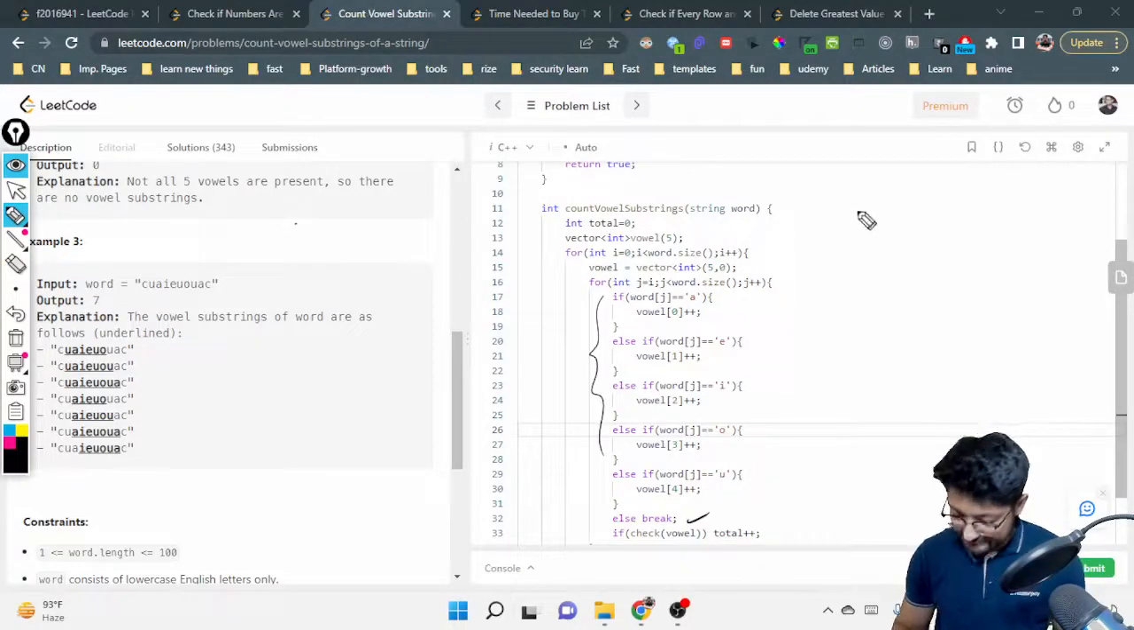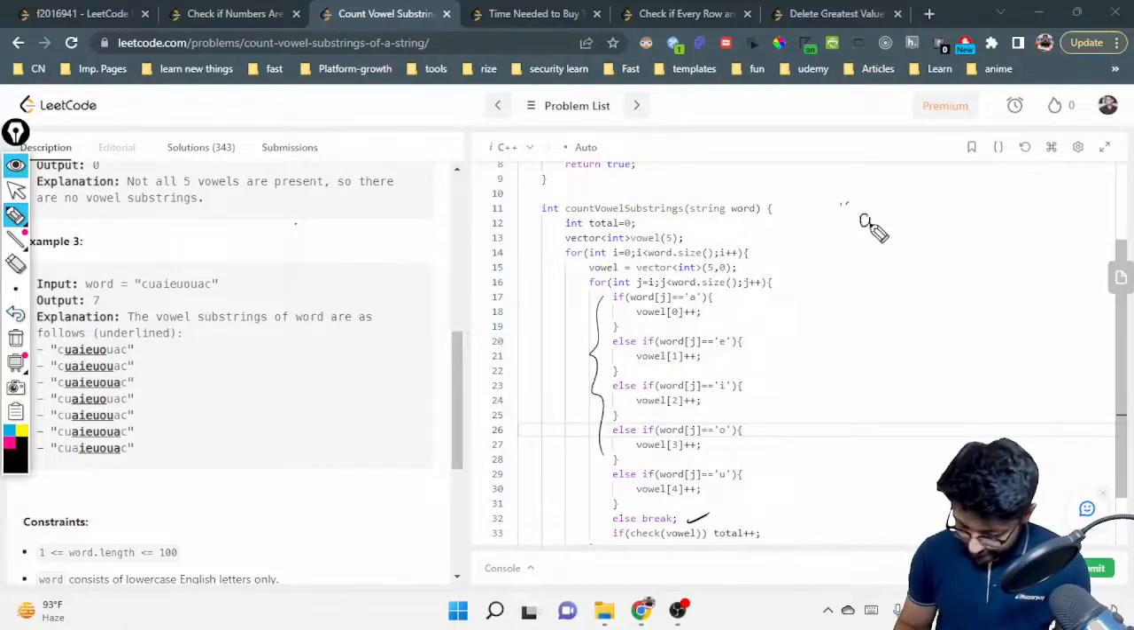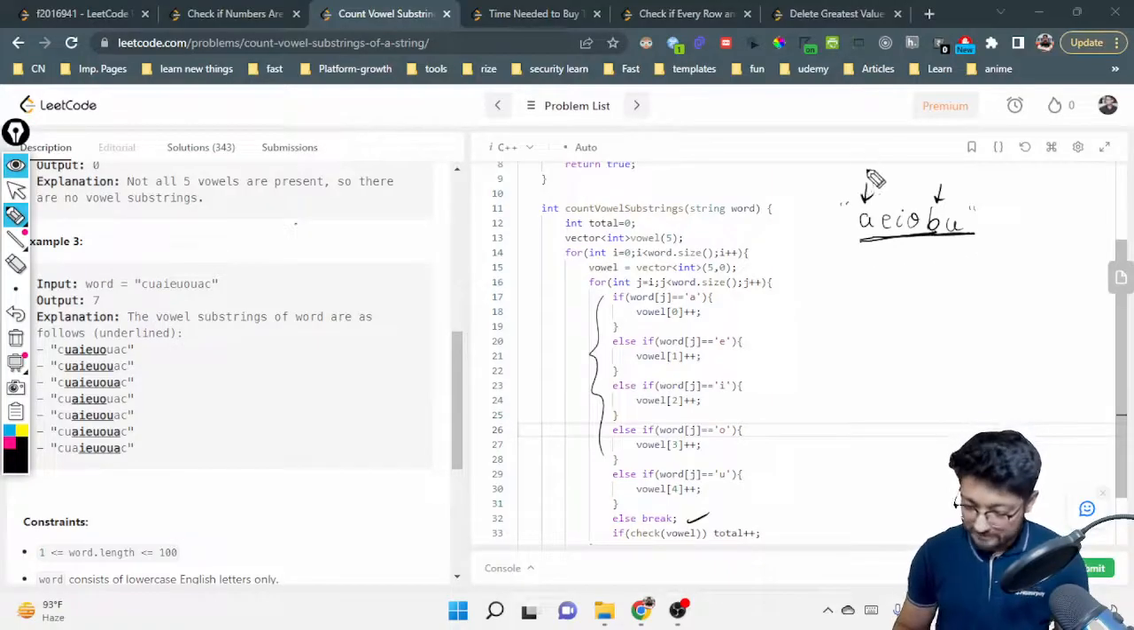What I mean by this is, let's say I have some starting string, let's take a small one: A, E, I, O, B, and U. So let's say I am forming a substring starting from the very first character. I have A, E, I, O. That is fine. But when I add B, it has a non-vowel character. Now even if I have U, I will break at this point,